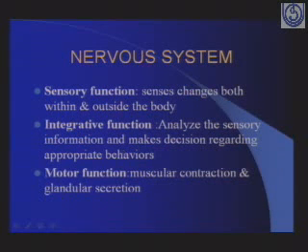And what is the motor function? The muscular contraction and glandular secretion. So whenever there is any stimulus, for example in the skin, the impulse goes from this part of the skin to the brain. Now the brain sends an impulse again. The impulse going to the brain is by the sensory system. The impulse the brain sends is your motor system. This occurs in an integrated manner. This is the main function of the nervous system.